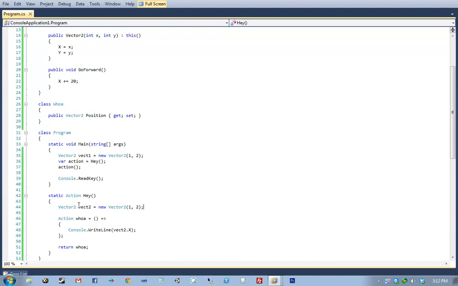It can't be. There's no way for this to be able to be placed on the stack because I'm hoisting it into a lambda and returning that lambda as a delegate from this function. Meaning if vec2 were to be placed on the stack, the second I invoked the delegate that was returned by the hey method, I would be pointing to memory that is no longer available.